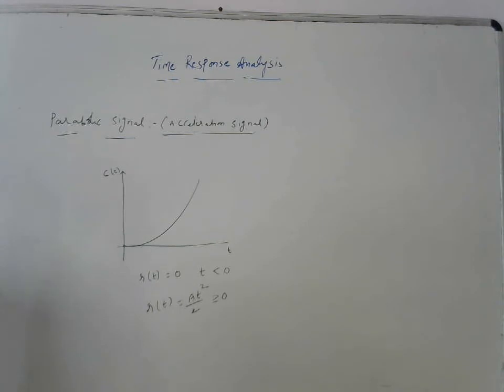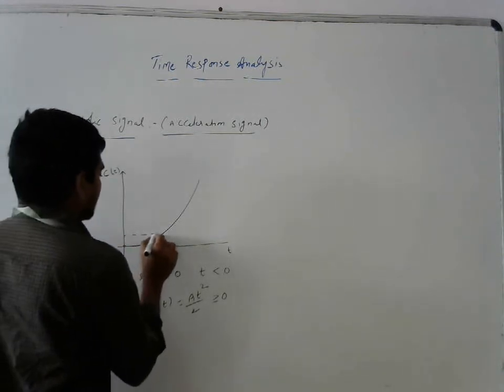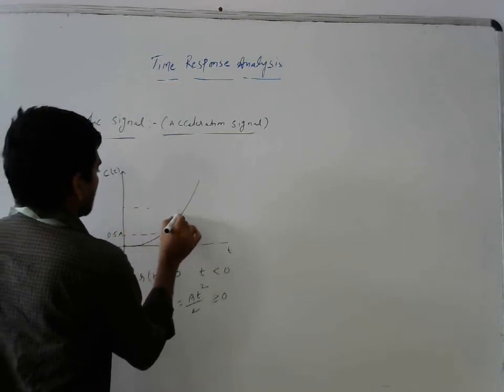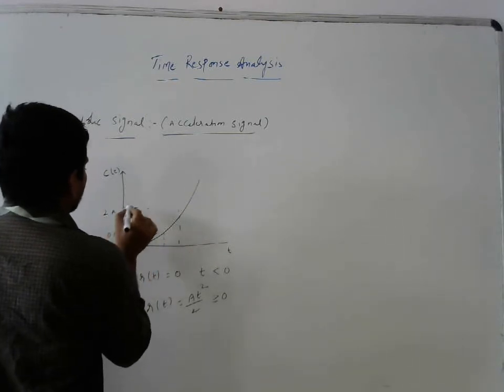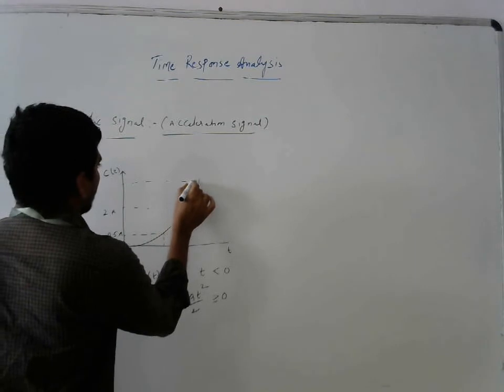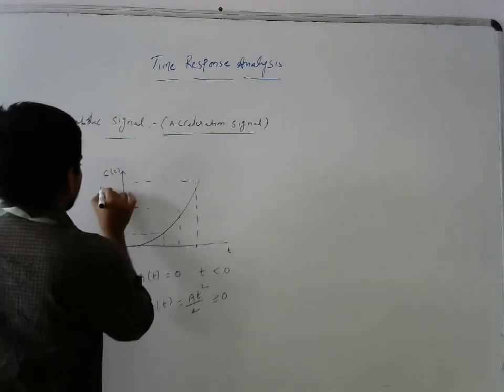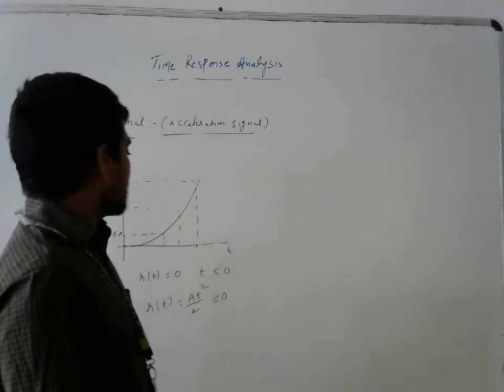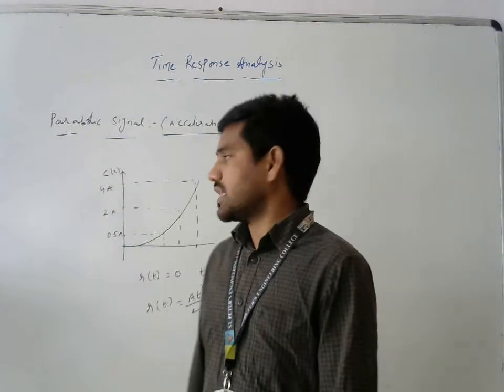How will it vary? For example, if I take A as 0.5 amperes here, after that it will vary with 2 amperes. Sorry, 2. After that 2A, it will vary with the square. Square is nothing but we consider it as 4A, like that 4.